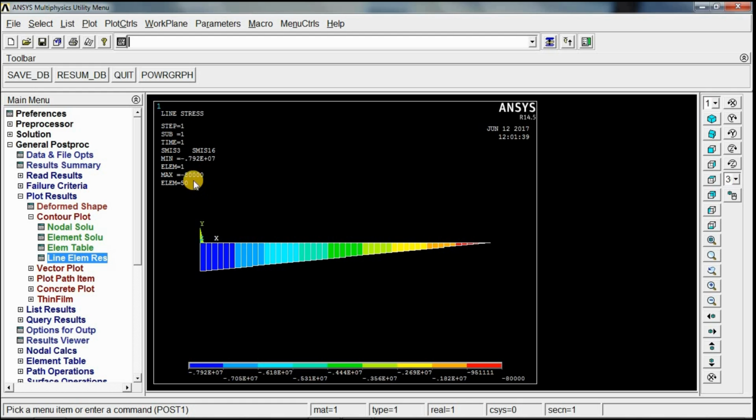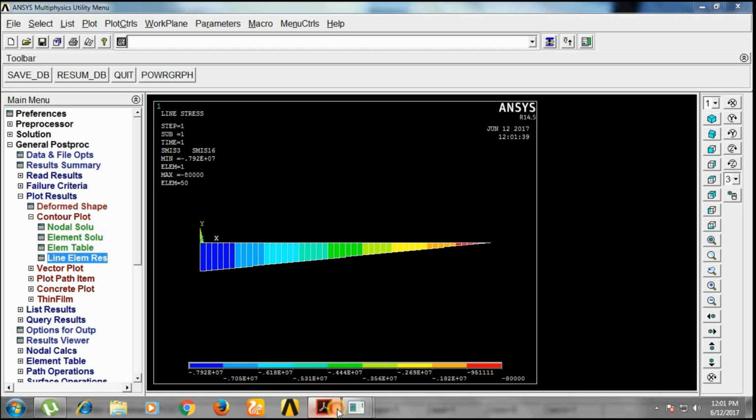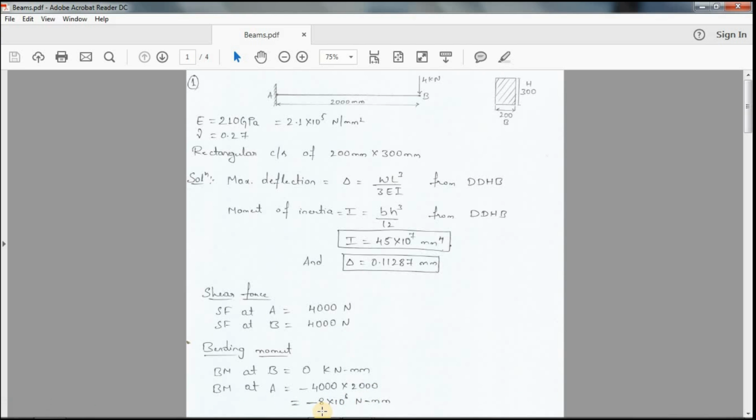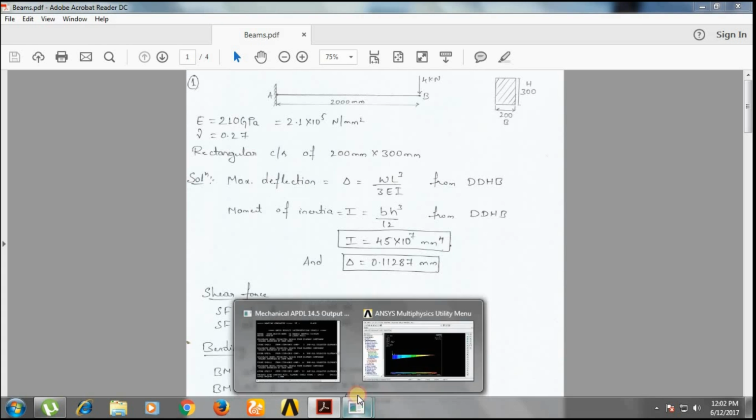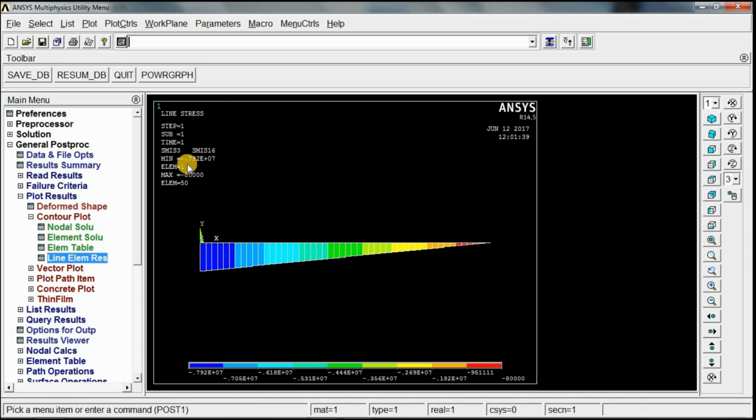Here you can see the minimum bending moment is minus 0.792 exponential 7. If you check this in the analytical method, it is showing minus 8 into 10 power 6, which, if you convert this here, you can get minus 7.9 into 10 power 6, which is approximately equal.